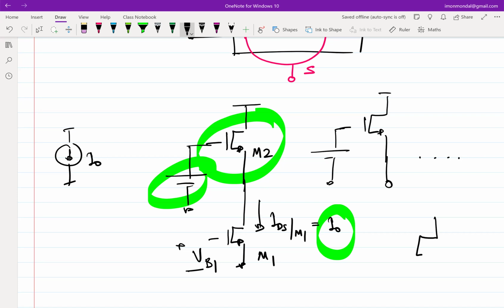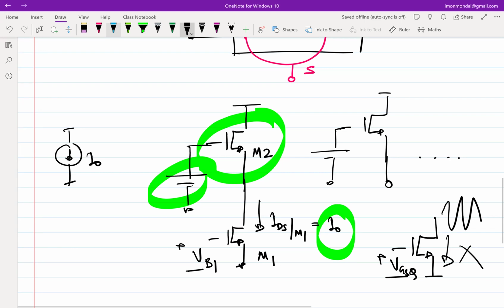It does not depend on M2 because if I take an isolated transistor and let's say I have a constant VGS, whatever I do to the drain voltage, this current is not going to change. Because in saturation, the current is not dependent on the drain to source voltage. Right? So essentially, a transistor in saturation is a current source or a current sink in this case. An NMOS transistor in saturation is a current sink because